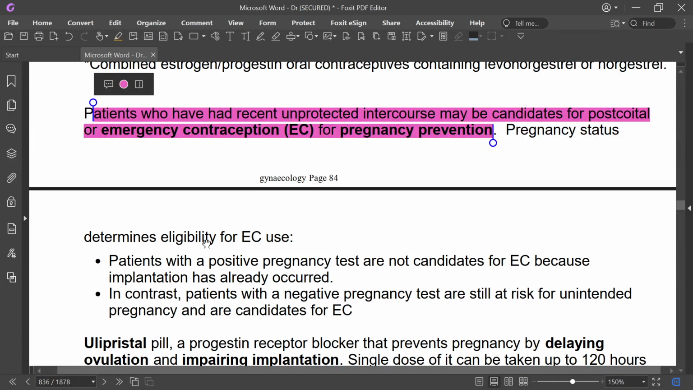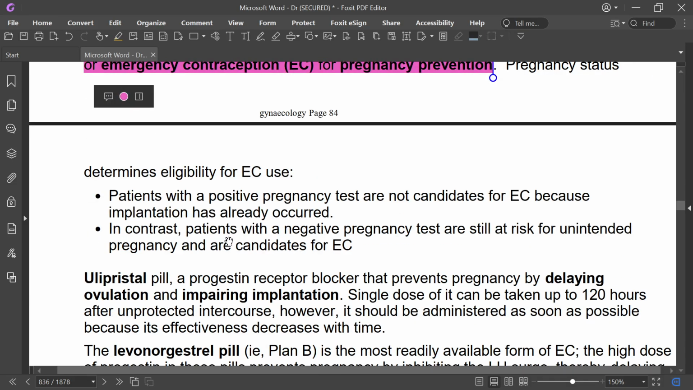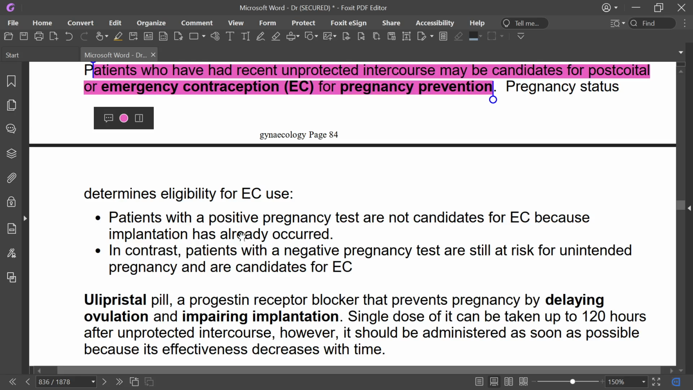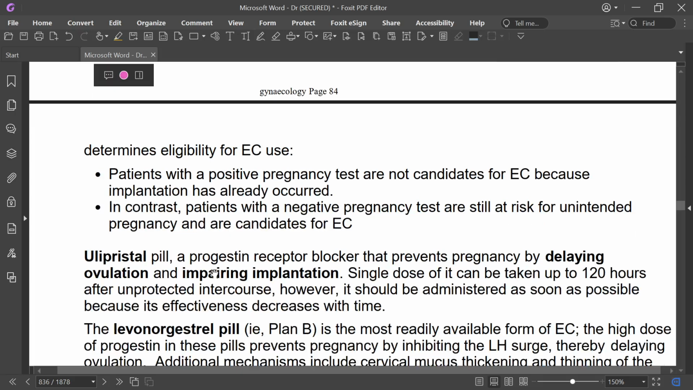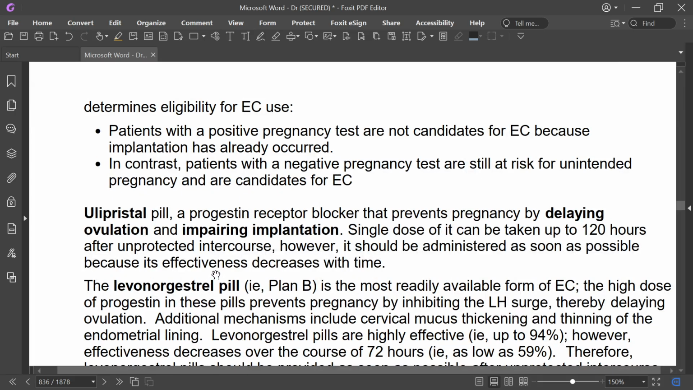Determine the patient's eligibility for emergency contraception criteria. Patients with a positive pregnancy test are not candidates for emergency contraceptive. In contrast, with negative pregnancy tests, patients still at risk of unintended pregnancy are candidates for emergency contraceptive. Ulipristal is a progesterone receptor blocker